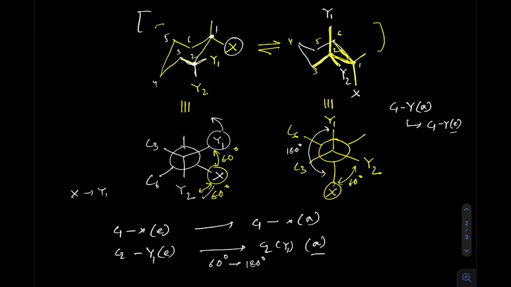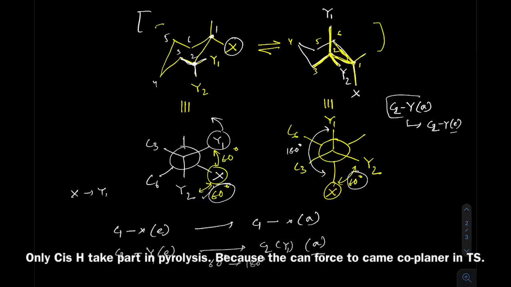So you can see in this case the angle before flipping between C1 and X was 60 degree, and after flipping it remains 60 degree. So in the second case they are 60 degree converting to another 60 degree via 0 degree in between. You can easily say from this diagram, this C1x and C2y are just crossing each other via 0 degree. So in the second case where one is axial and another is equatorial, it is easier to come in coplanar.